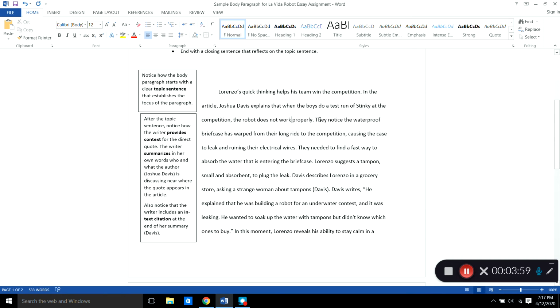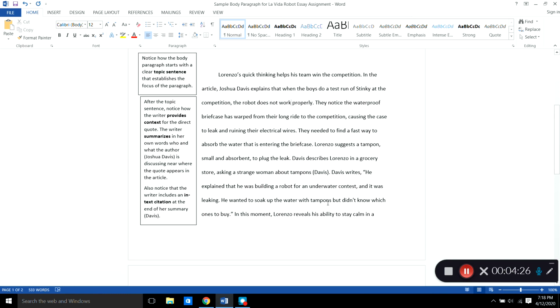Okay, so when you paraphrase information from an article into your own words, you still need to cite it because that is information that you learned from Davis's article. So that's why you see Davis here in parentheses. And the reason there's no page number is because the source that you guys are using is the online version of the article that did not have page numbers. So your in-text citation is just going to be Davis.